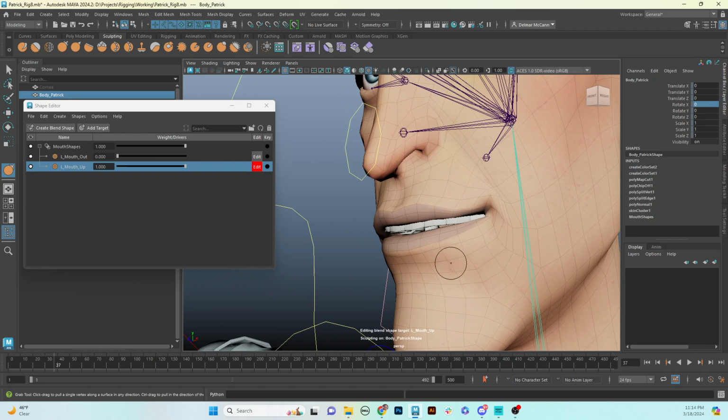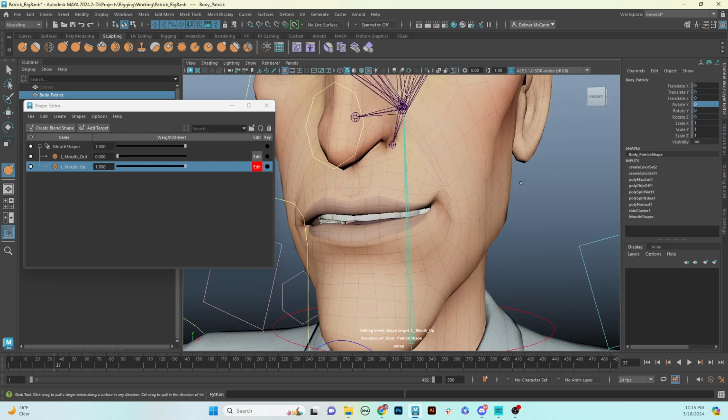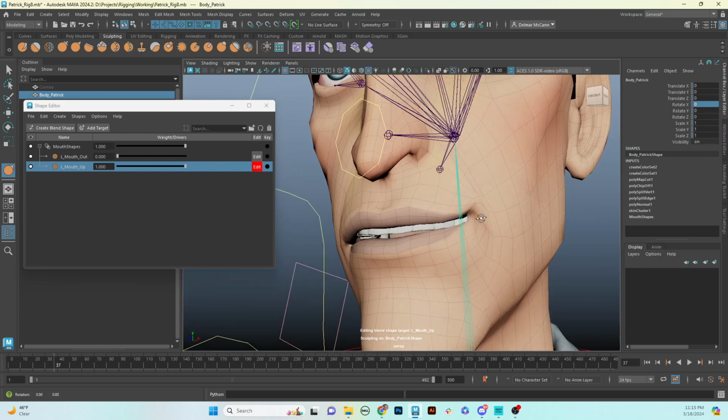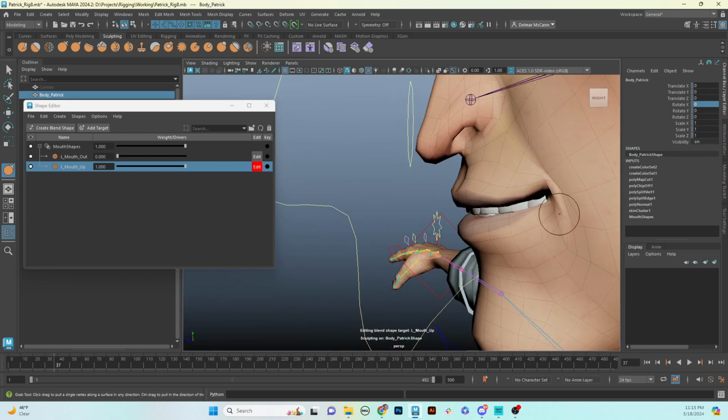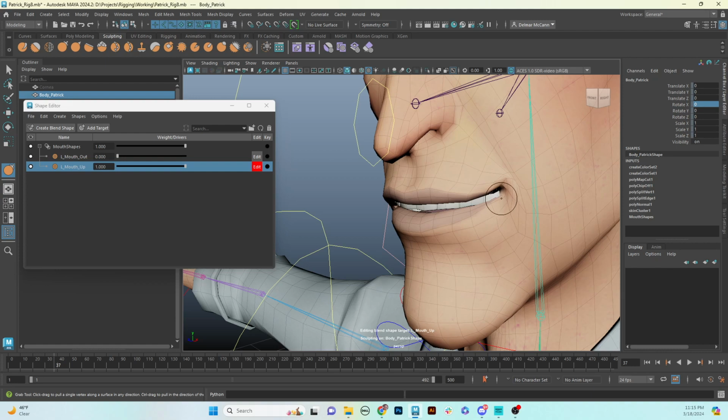So you get kind of the idea where now you're just sculpting and moving this all up in this kind of almost creepy manner. All right, we'll say that's good. Maybe we're not happy with it, but for demonstration purposes,